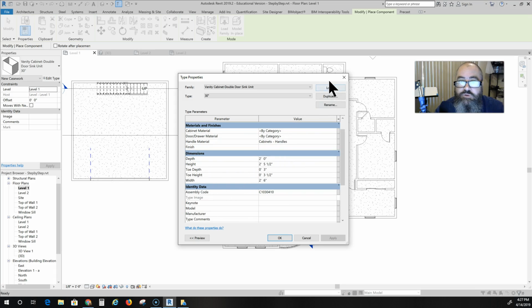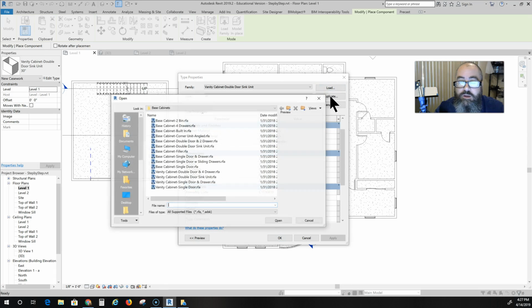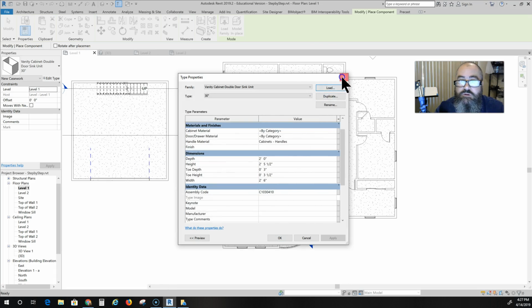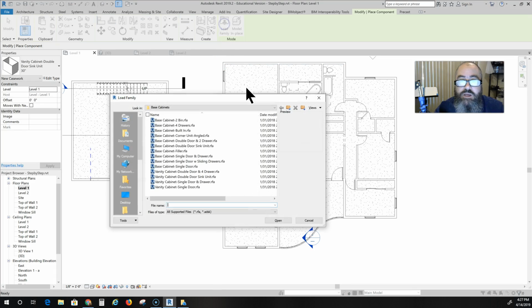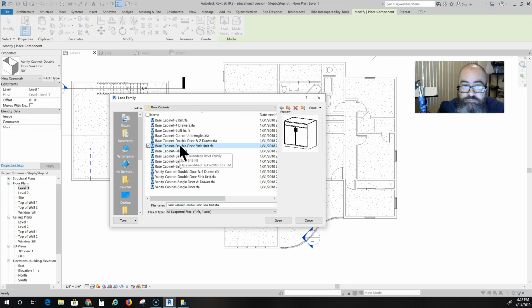Now, if we load a kitchen cabinet, which of course you don't have to do it that way, just go to load model and then look for base cabinets. Base cabinets are the cabinets that are on the bottom. If you go into your kitchen right now, you can see some cabinets on the bottom and some on the top. The ones on the top are called wall cabinets. But we're going to place a basic base cabinet, and we'll start with the one that has the sink in it, for where we're going to wash our dishes and what have you. Click open,